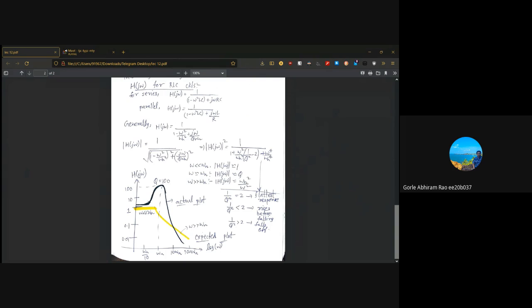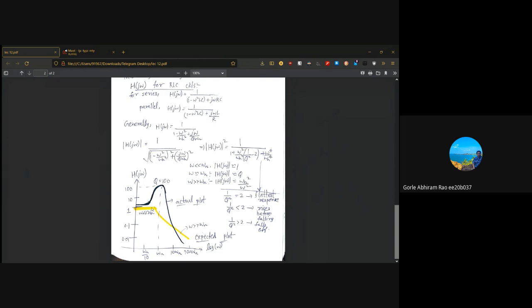Based on different values of quality factor, our actual response would look quite different. If we had a case where 1/Q² equals 2, that is, the coefficient of ω² by ωn² turns out to be 0, we'll have the flattest response. When 1/Q² is less than 2, that is Q is greater than 1 by root 2, our curve rises before falling off. But if 1/Q² is greater than 2, that is Q is less than 1 by root 2, since this would also take a positive value and this denominator is continuously increasing, it will continuously keep falling off.